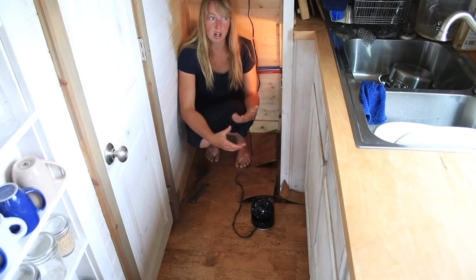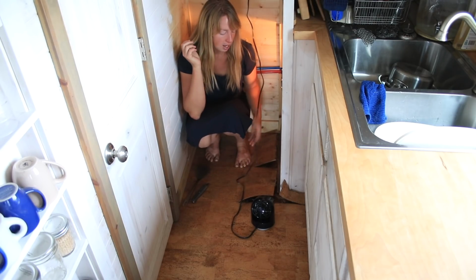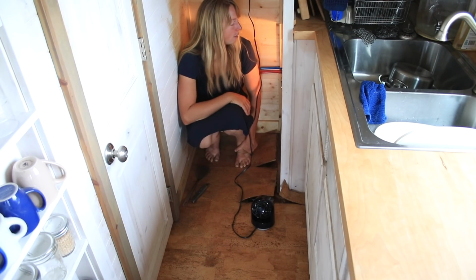Fortunately, I do live in a super dry climate, and it's been blistering hot and dry, so it's good weather for drying things out again. Then I'll have to glue these tiles back down. They'll never be quite right, but